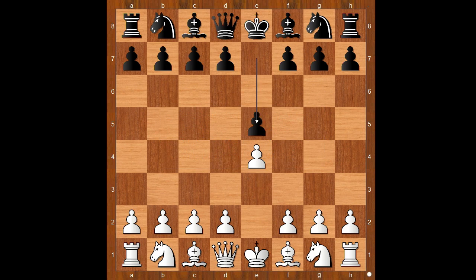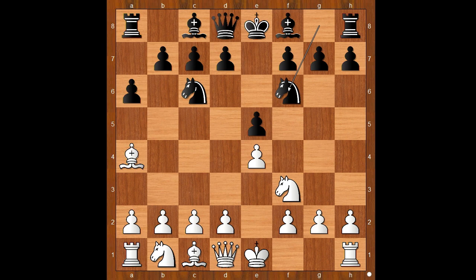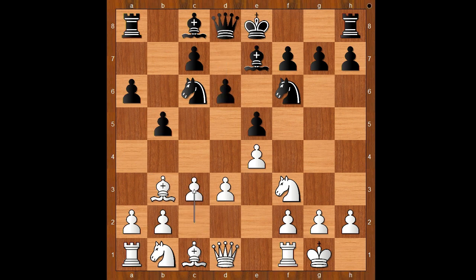Ding Liren played e5, knight to f3, knight to c6, bishop to b5, the Spanish game. a6, bishop to a4, knight to f6, castling, bishop to e7. White to move: rook to e1 is the most played move. Carlsen played d3, b5, bishop to b3, d6, c3, knight to a5, bishop to c2, c5, all the